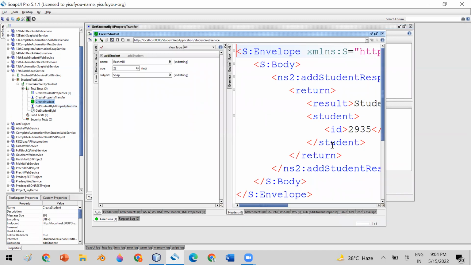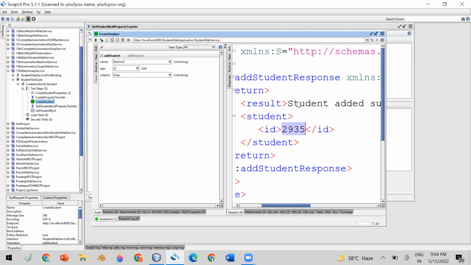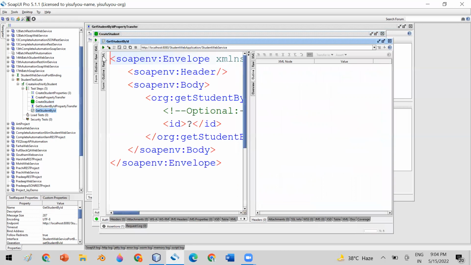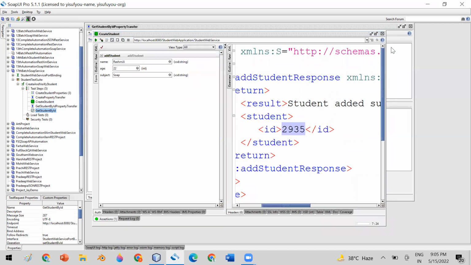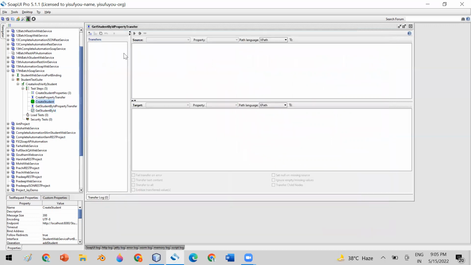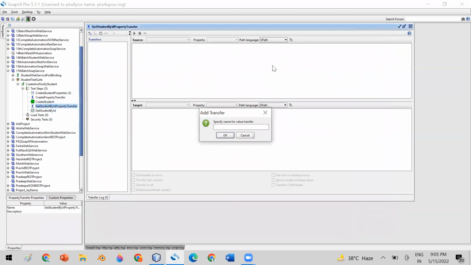So actually this time my source is the response of the create student step. And from the create student, I have to pick the data for ID, not any other field, not the result. No, I'm interested in this one. So this is my source. And what is the target? In the get student ID, the request part, and ID is my target. Yes or no? Yes. How can I do it? Just see. I am going to make a transfer after create student, add, and giving a name